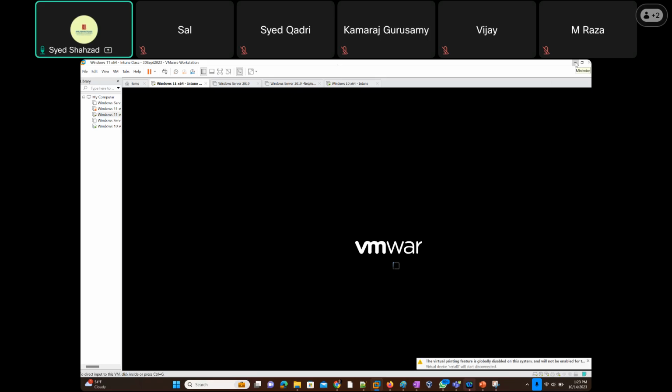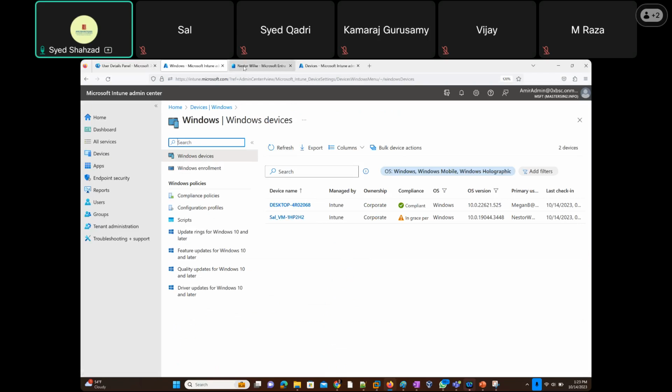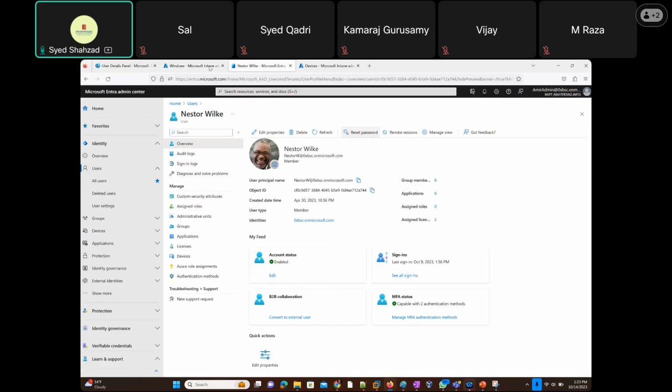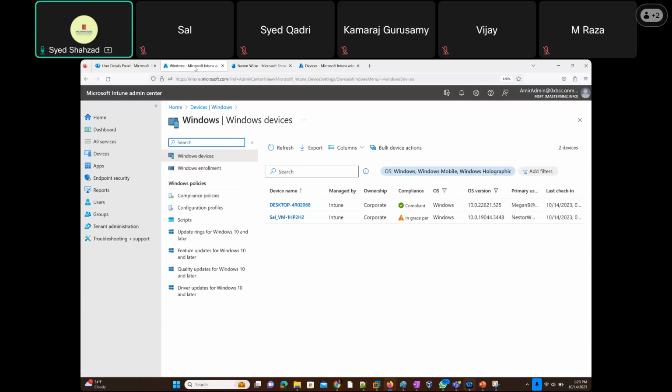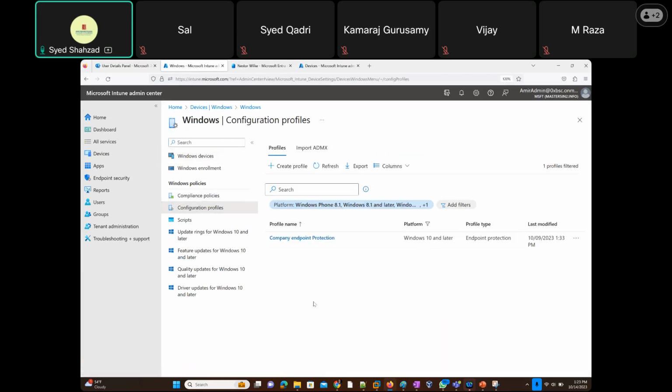So yeah, this shows here. I checked in the machine. It's okay. We can ignore that, right? There are certain things that will update at their own time, right? But here, we will just have configuration profiles, company endpoint protection, and